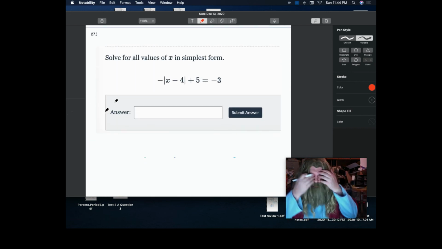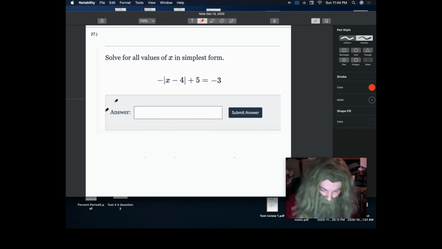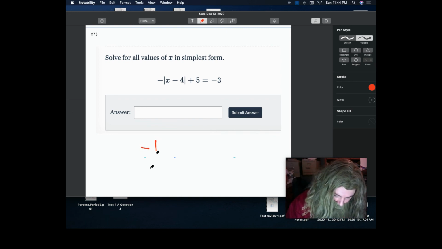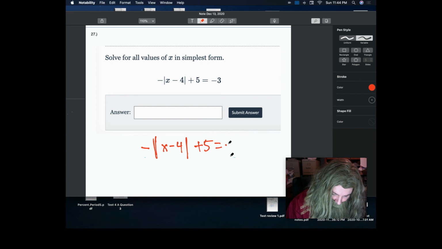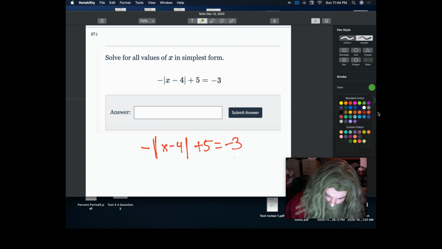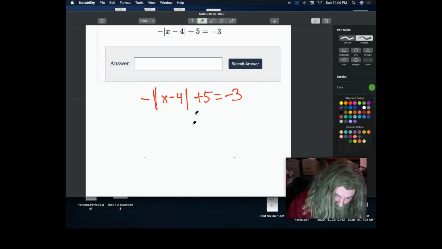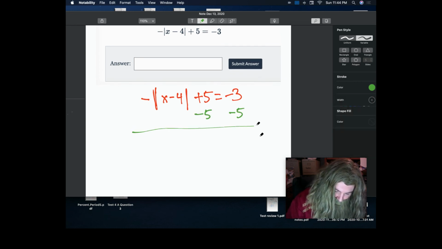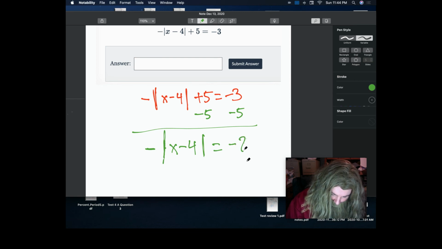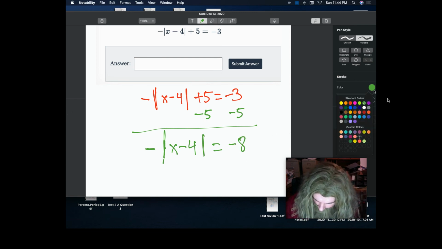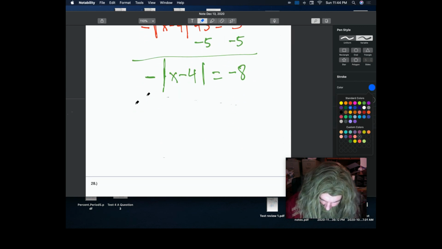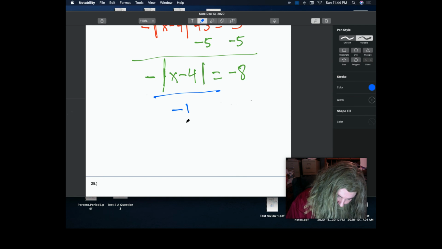Solve the absolute value problem. Yes, let's solve it. All we must do here is isolate the absolute value. So what would be the first move? Well, if you are like the Thor, the first move would be to subtract the 5, for the goal is to get the absolute value by itself. -3 minus 5 is -8. And then, because our goal is to isolate the absolute value, we must divide through by -1. And the absolute value of x minus 4